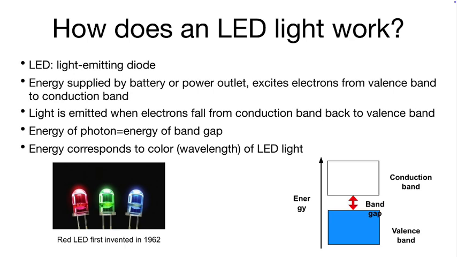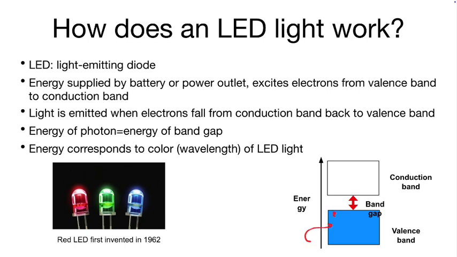Okay? So what is an LED light doing to work? What's happening is you are energizing electrons from your valence band up into the conduction band. So you put in enough voltage to cause that jump. This is at a very simple level, and we'll look at it in a little more complexity a little bit later. When that electron relaxes back down from the conduction band back to the valence band,